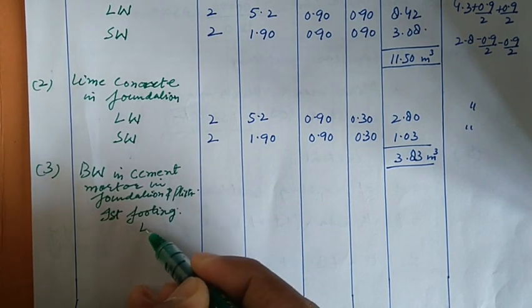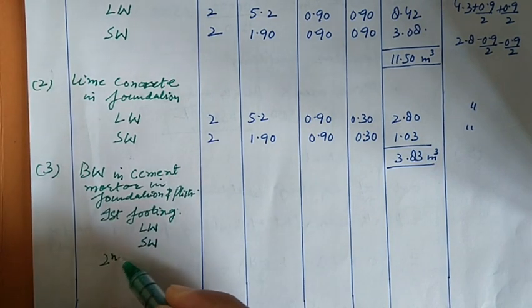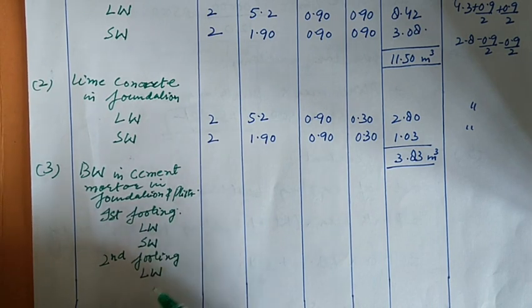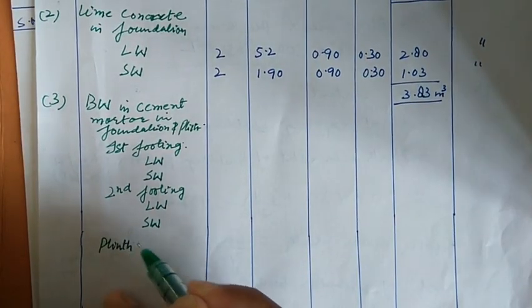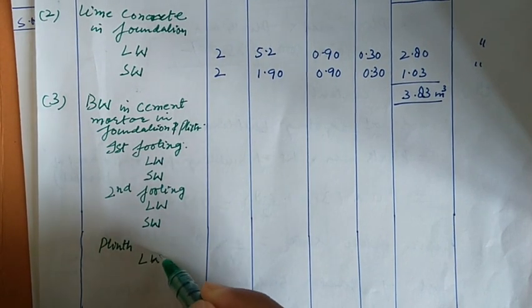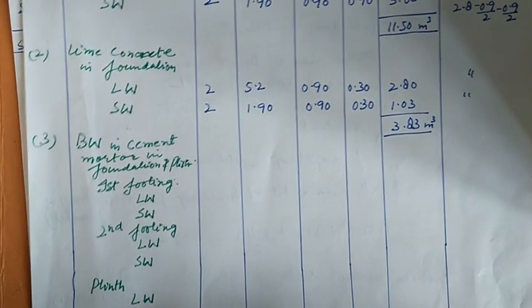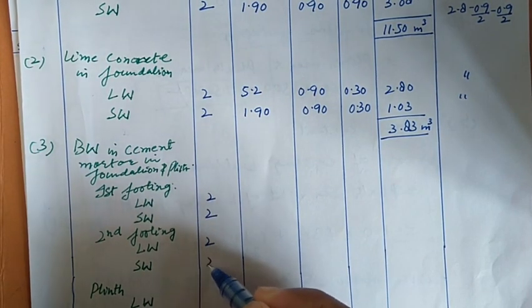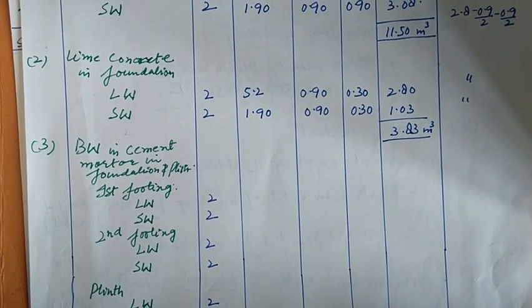Okay, in the first footing I will be having long wall, short wall. Then for second footing, long wall, short wall, and then finally I will have the plinth. For this I will be having long wall and the short wall. In every case we will have two long walls and two short walls. Now talking about their lengths,